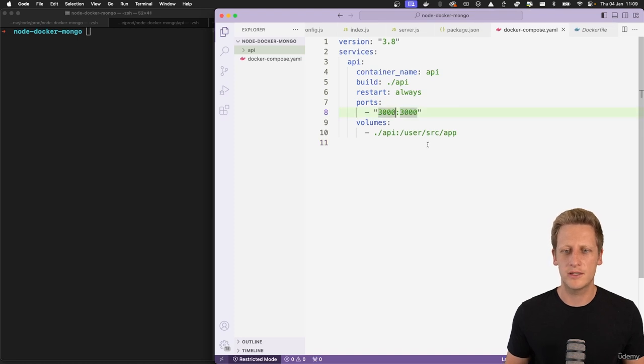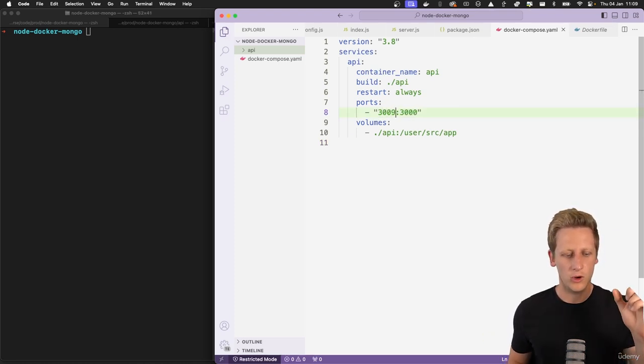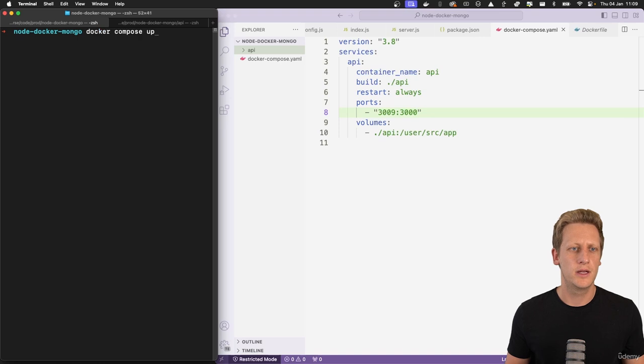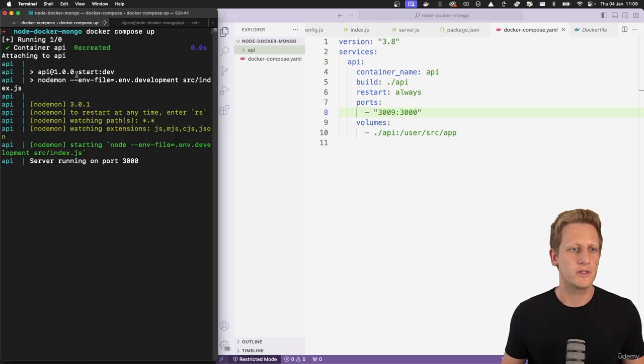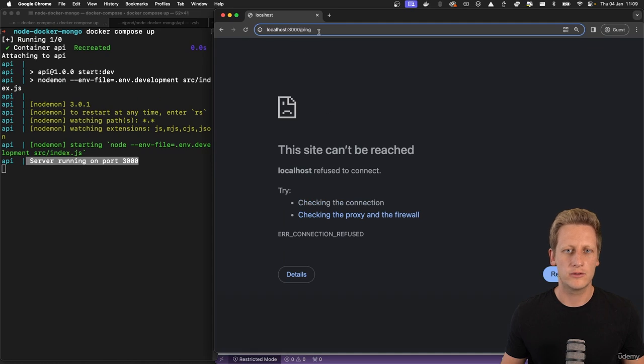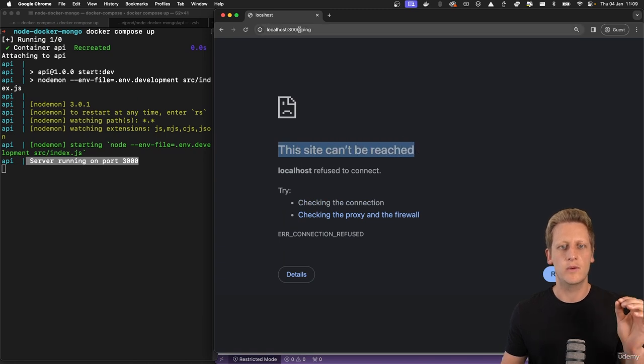There's one quick thing that I wanted to show you here, just to reiterate the ports on our computer. Let's say that we change the port that we're mapping, so we want all traffic from localhost 3009 to map to our Docker container. We can just go ahead and change that in our Docker Compose file. We can just use that docker compose up to rerun our container, and you'll see that it's been recreated. And then our Docker container API here is listening on port 3000. So if we go ahead and try and hit localhost:3000/ping,